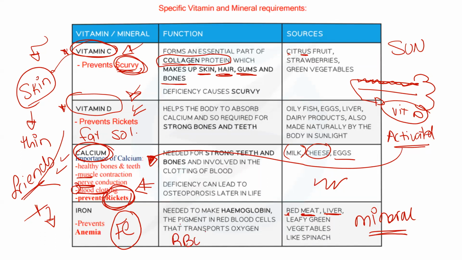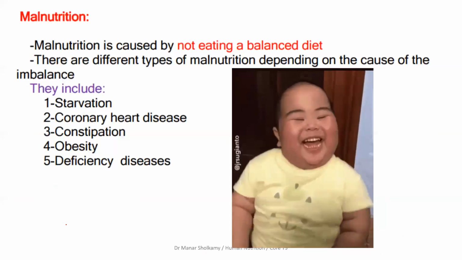I think you all know what a red blood cell is. The red blood cell is the cell in your body that carries oxygen. When oxygen is available, your muscles will be able to respire and produce energy. So iron is very, very important. It is important in the making of the hemoglobin protein found in red blood cells. If there is not enough iron in your diet, you will suffer from which disease? Anemia. Yes, anemia. Okay, we'll talk about anemia in a minute.